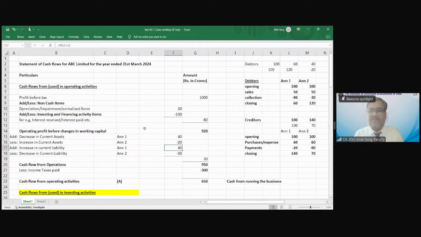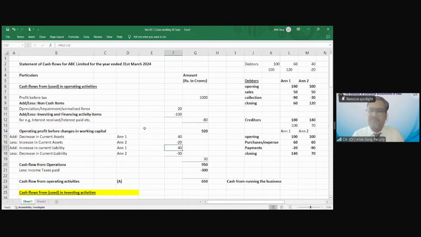Your opening creditor was 100 rupees. Your closing creditor was 150 rupees. What does it mean? It means you have increase in creditors, paid less cash to creditors, right? आपने creditor को cash pay नहीं किया. But whenever there are creditors क्यों आए होंगे? Either you have made purchases or you have incurred an expense. Purchases made or even expense incurred, because there could be a vendor from which you have taken a service